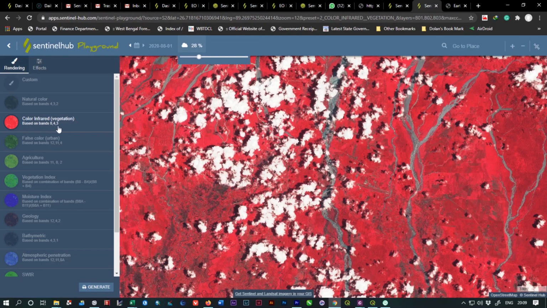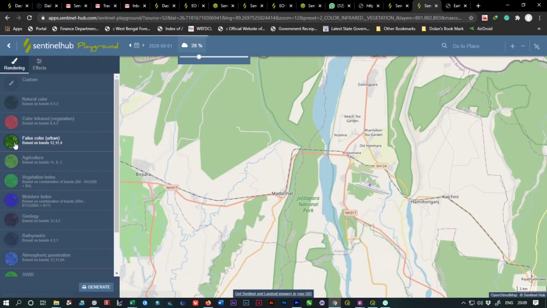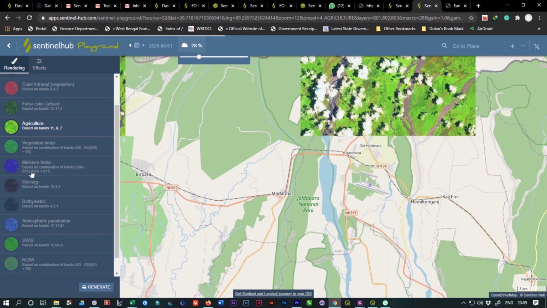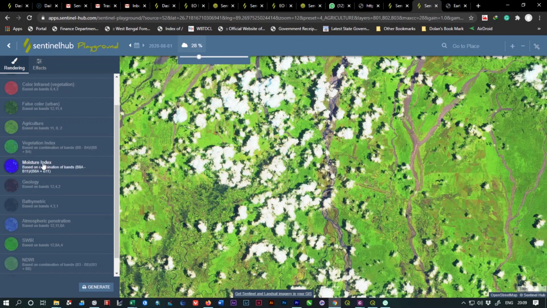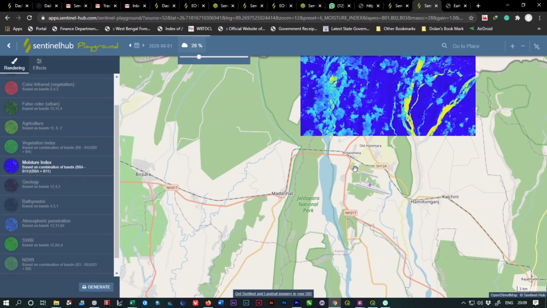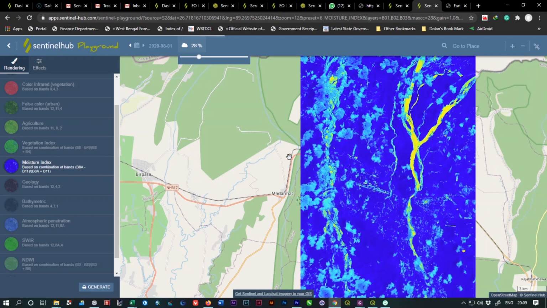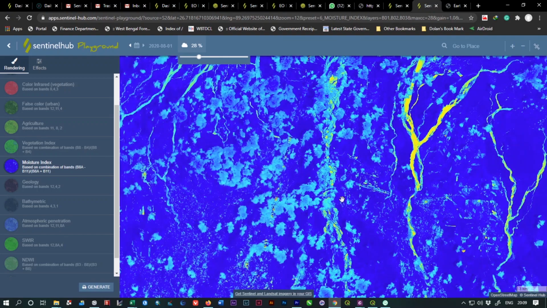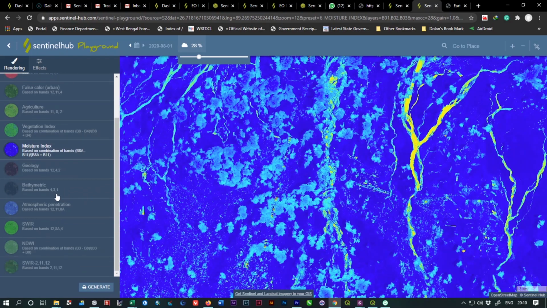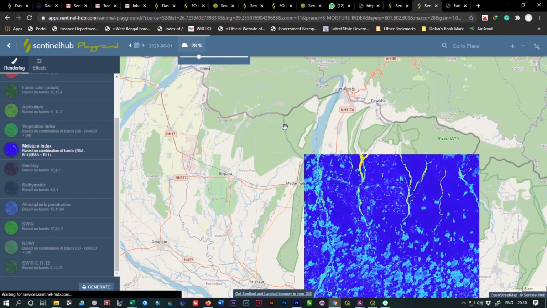Its band combination is 843. This is the false color combination. This is the agricultural combination, and there is a moisture index also available here. Yes, very much moisture is available out there because it's the rainy season. So all portions are represented as blue.